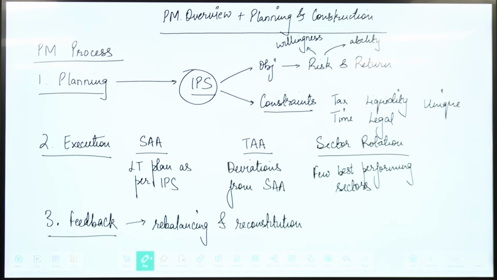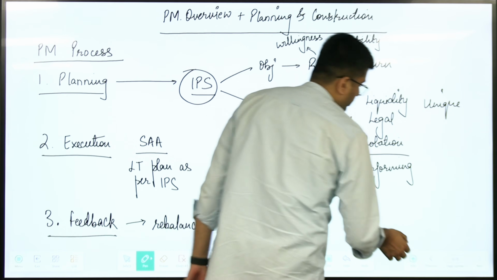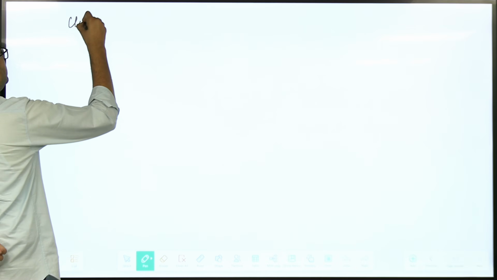Now, apart from this, there is a small section talking about different types of investors that we can have: individuals, insurance companies, banks, pension funds, and so on. For that, I would request all the students to refer to the table that we had taken in the main class, because that table essentially works very well. So depending upon the type of client,